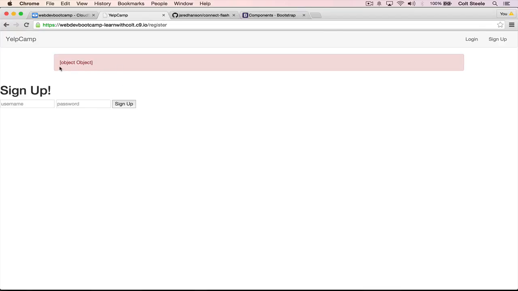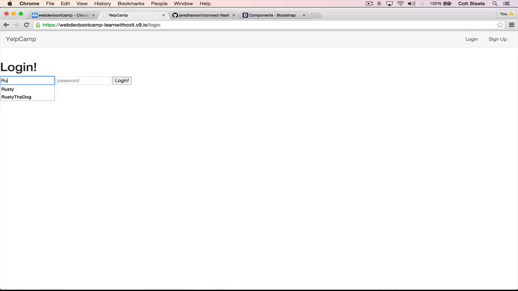You'll see that I get this object here. So let's take a closer look at that in just a moment. Object when I sign up, and I get a sign up error, but we'll come back to that. Let's take a look at some of the other errors that we saw. So if I do log in as Rusty again,